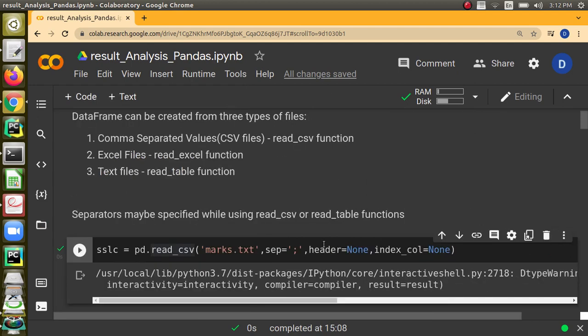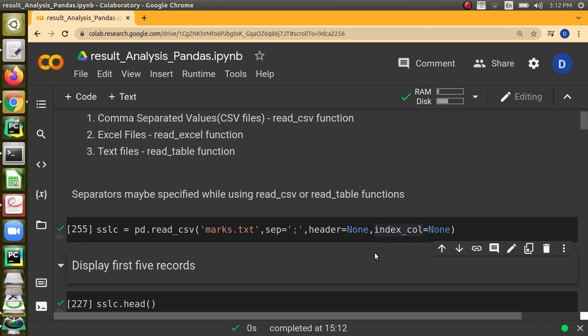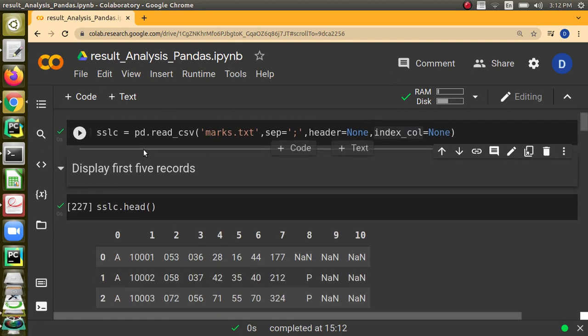It is better to go for the Chrome browser. I had some issues when I was trying with Firefox. Generally Firefox works fine, but this dataset is a little bit bigger. It is some 6 MB, so I had a little bit of issues. So I tried with Chrome. It's working fine. You can also try with Chrome. After you successfully upload the dataset, you have to run the cell. This will create a data frame. Now the name of the data frame is SSLC, right? So now we can work with this data frame.